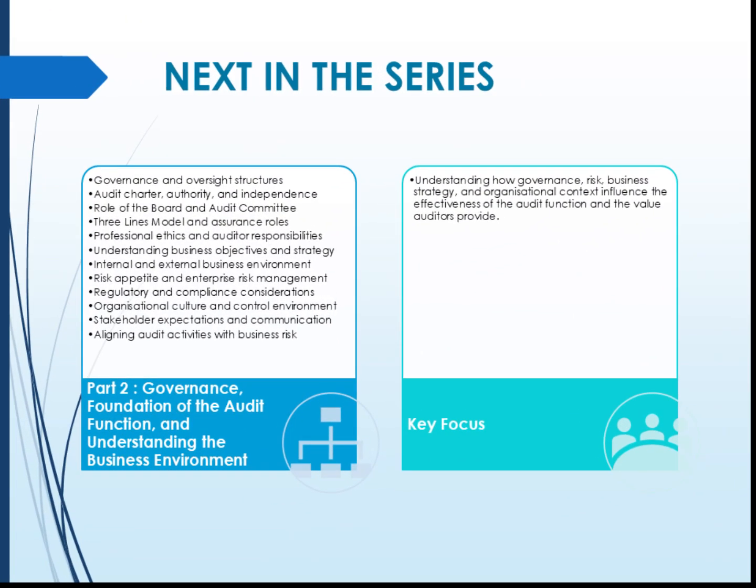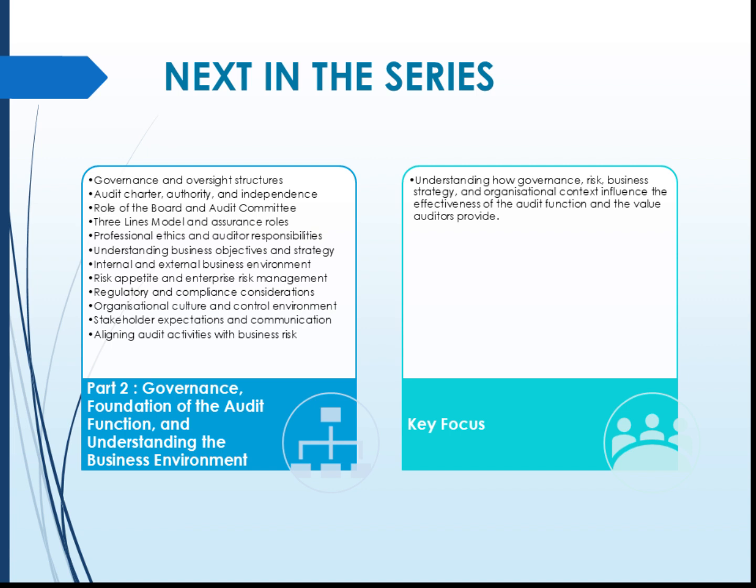This next part of the series shifts the focus from the audit process itself to the broader governance and organizational environment in which auditing operates. Effective auditing is not only about testing controls and reporting findings. Auditors must also understand how governance structures, business strategy, organizational culture, risk management, and stakeholder expectations influence the overall control